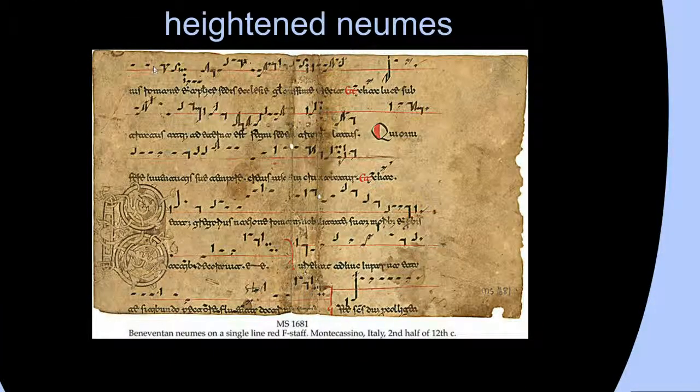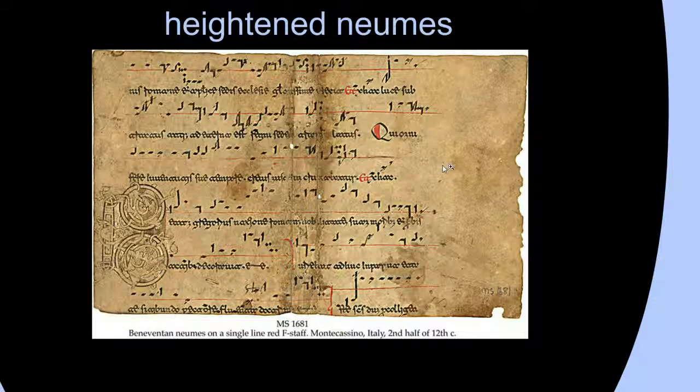Now, later, there was this system of heightened neumes. Unlike the unheightened ones, where how far above the text they were didn't matter, in this case it does matter how far above the text they are, and we even have this nifty red line to help us figure it out. Now we have a much better idea of the difference between subsequent notes. So this is a bunch of the same note, and then it goes higher, and then it goes lower. Here it's a little less clear if this one is lower or if it's still the same note, but this is a big step towards being able to figure out a song.